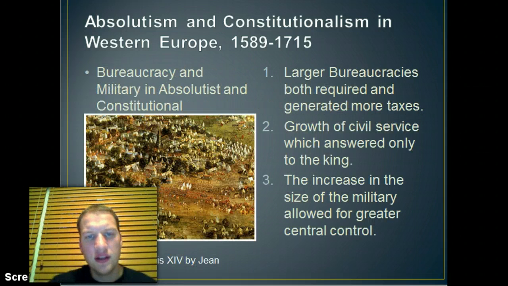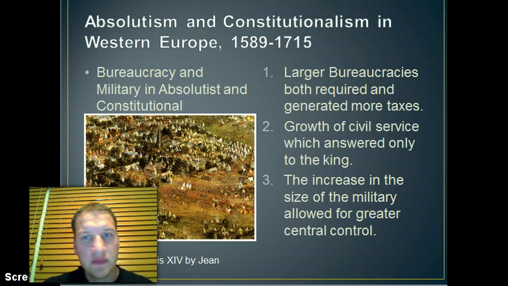So let's take a look at the two that really McKay and the AP curriculum really highlights when looking at the growth of absolute monarchs and the growth of the constitutional state. In both cases, bureaucracy and military are important. So larger bureaucracies means you have more people whose profession is the serving of the state, the central state throughout their territory. So what large bureaucracies, though, require